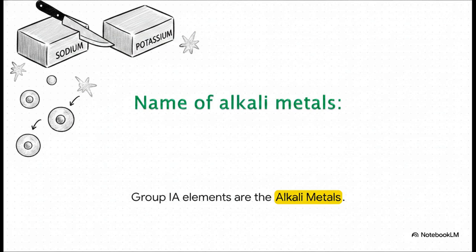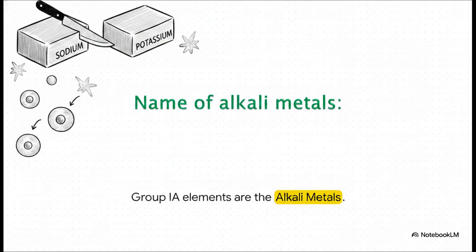But the reality for these Group 1 elements is just entirely different. Despite being highly electropositive metals with this shiny, silvery white appearance, they are incredibly soft solids. I mean, they're so soft you can literally take a standard kitchen knife and slice right through a solid block of pure sodium or potassium. It's wild. So to figure out why a metal behaves basically like butter, we have to look under the hood